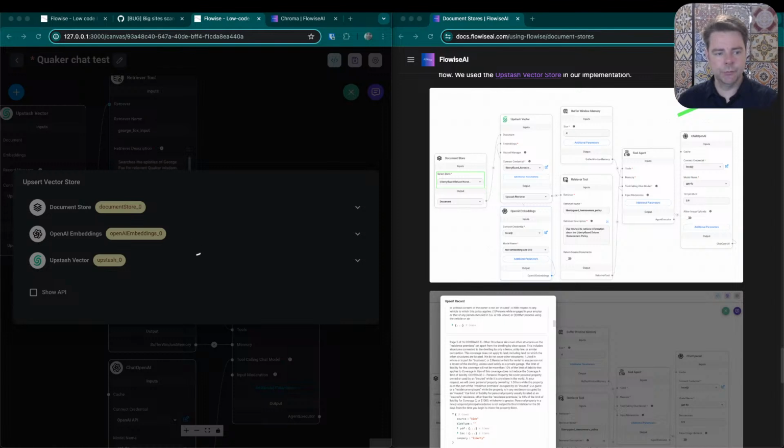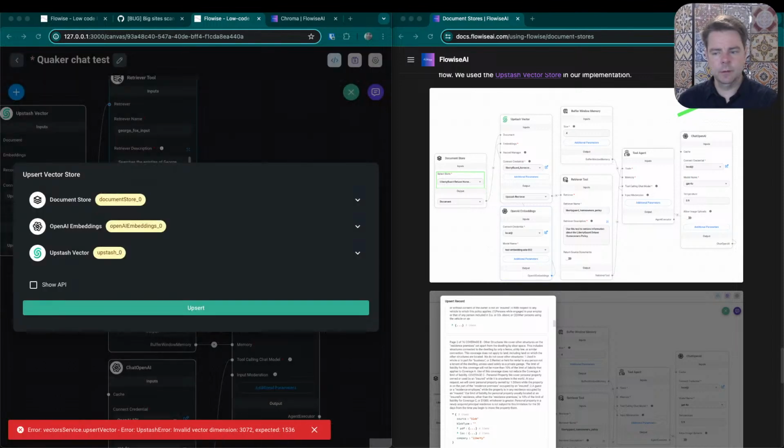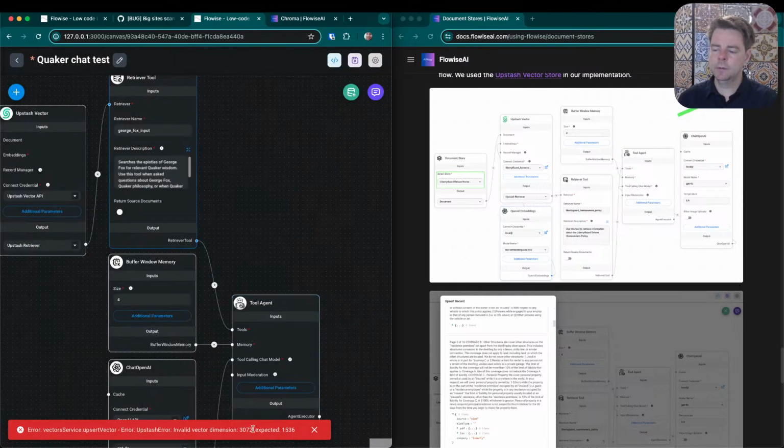Data browser. No, actually I don't have records yet. Interesting. Vector service invalid, vector dimension 3072, expected 1536. Okay. We're getting closer. So yes, I did configure this 1536 vector dimension based on prior reading that OpenAI uses this one. But now somehow I'm getting 3072. So